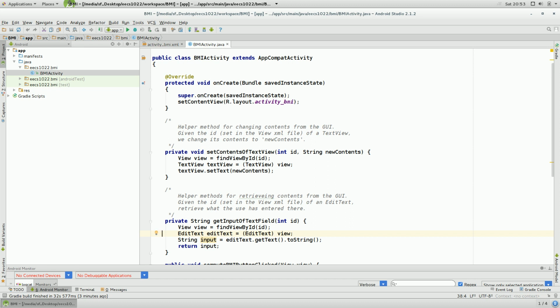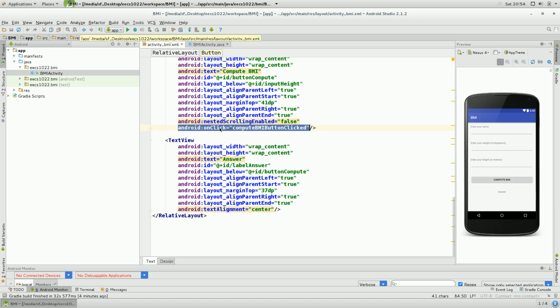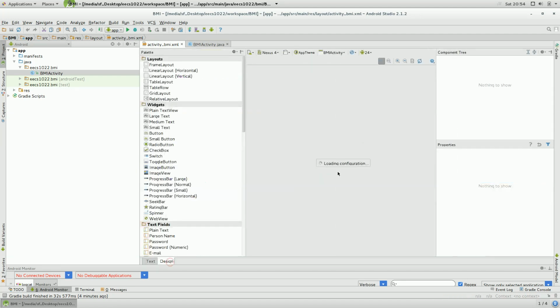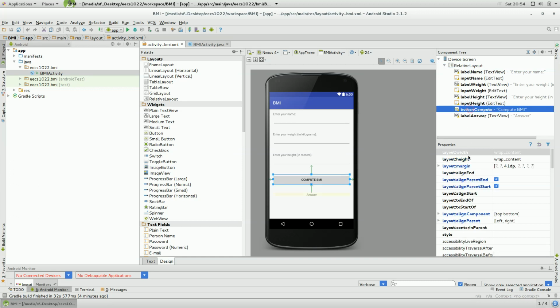Let's now continue with our developments for the controller. What we have done so far, you can see that this particular method called computeBMIButtonClicked has been attached to the GUI component for the button with the ID buttonCompute. We have specified this method for the on-click attribute, and we can also see that from the design graphical view. You can see for the button compute, for the on-click